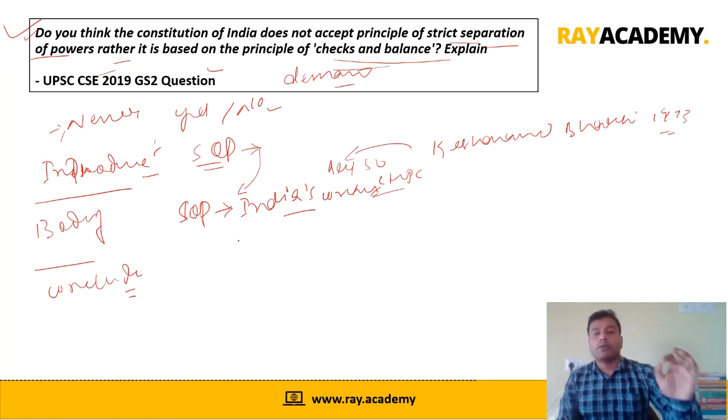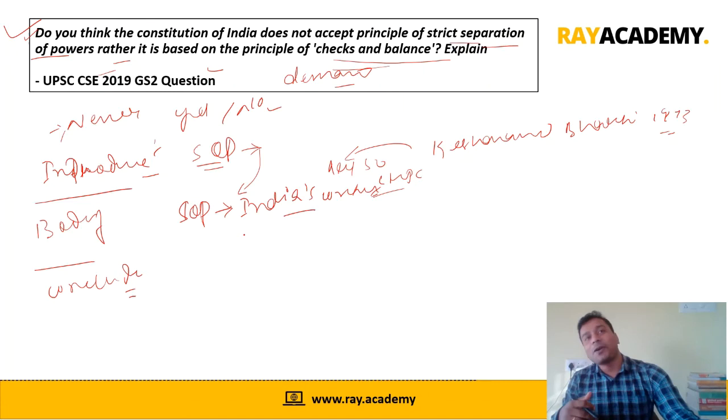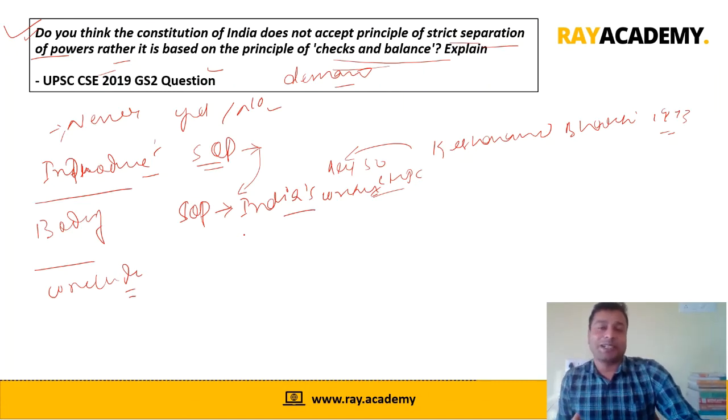Remember, when you write down the information in UPSC, it is not just about writing in a general way. What do I mean by general way? For example, suppose this question is being asked and you write that yes, I think theory of separation of power is good. It is very important and we should have it. This is a very generalistic way of answering, which signifies that you do not have much information, you do not have much depth of knowledge to answer this question. Rather, you must make some references.